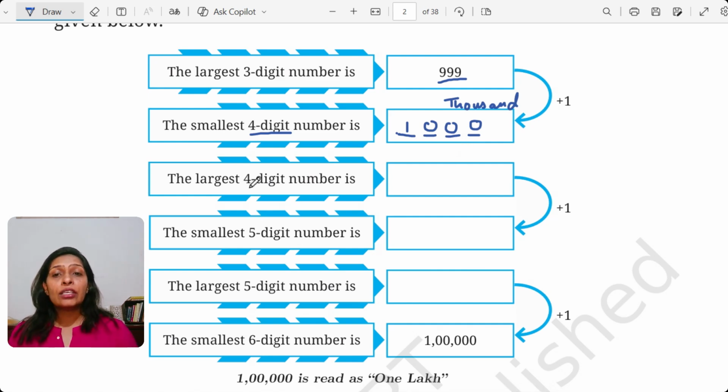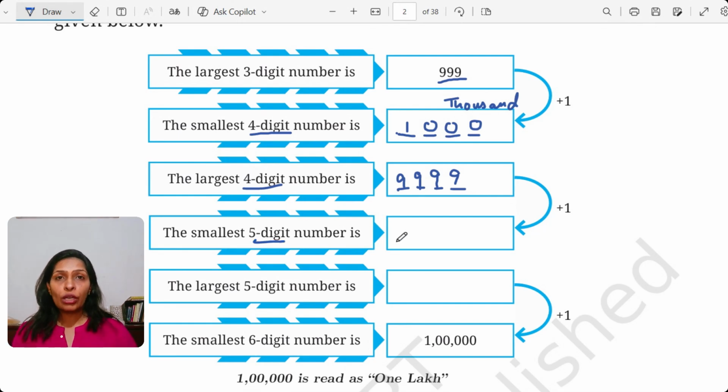Now for the next one, the largest four digit number. Again we make four spaces, and as told already, for the largest number we take the number 9. So we put 9 here, here, and here too. For the first place there is no such condition, because I can easily put 9. So this number is the largest four digit number, and we read it as 9999. In a similar way, we will create the five digit smallest number.